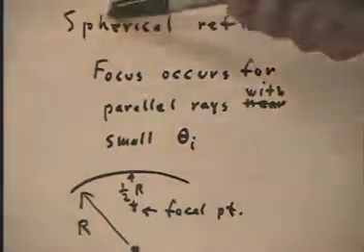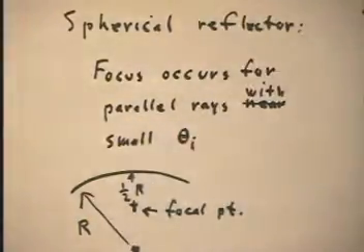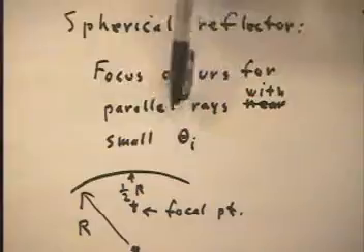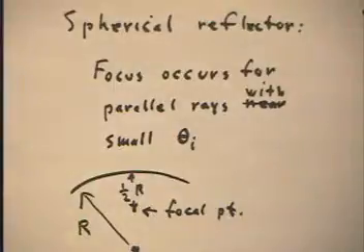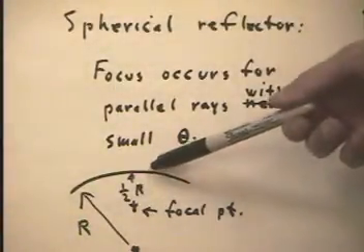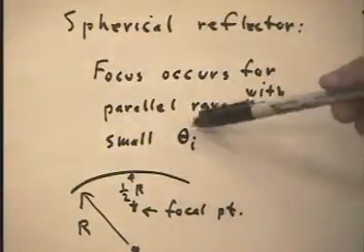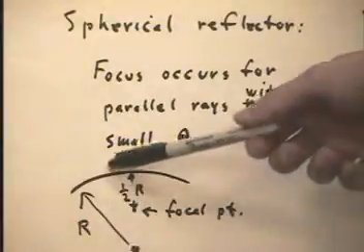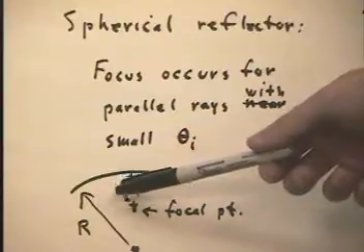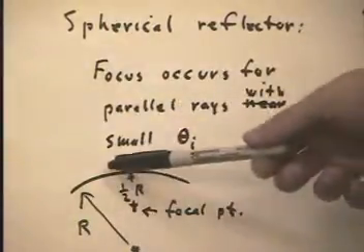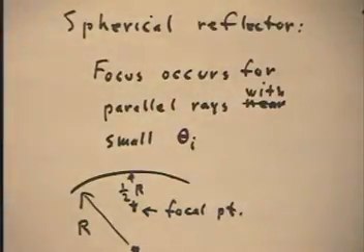As we've said, for a spherical reflector, the focus occurs for all the rays that come in parallel. It occurs along the central ray, the ray which comes back along the incoming path, and the focus occurs for small distances from the center ray, which is equivalent to saying for small incident angles. If we have a ray that's close to the central ray, then the tangent line will be almost horizontal. The normal will be almost parallel to the central ray. We'll have a very small angle of incidence, so we'll have a very small angle of reflection in